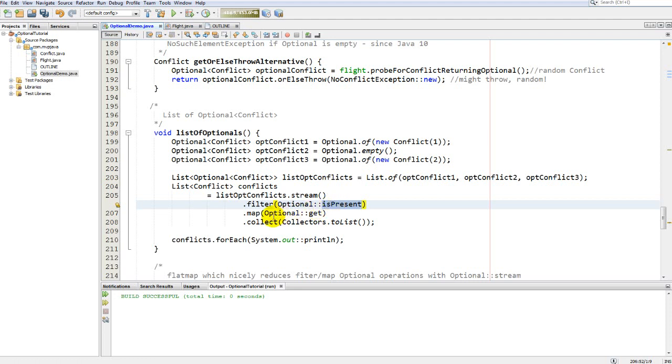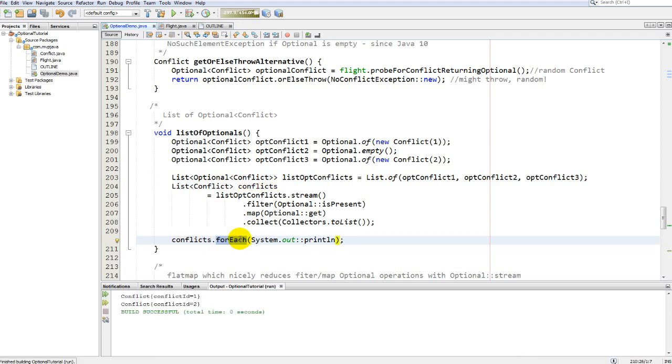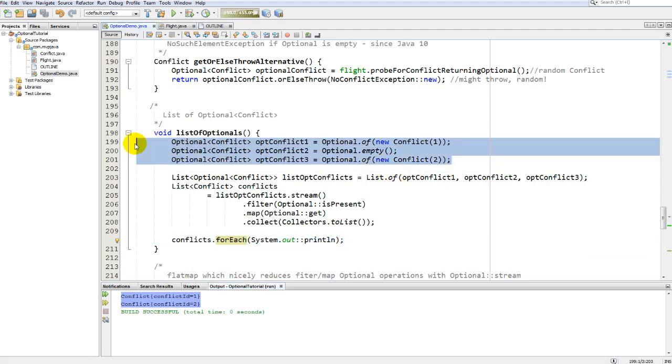And if it is present, I want to actually map to get the value out. So you notice I'm using method references off of the optional to tell me if the value is present, and then if it is, to go map and get me that value. Once I can get those values, I can collect them into a list using a collector, get a list of conflicts, and then print them all out in a nice for each. And you can see here that I get the 2 that are actually part of the 3 in my test case over here. Okay, so working with optionals in streams, in lists, I don't recommend using optionals in lists,